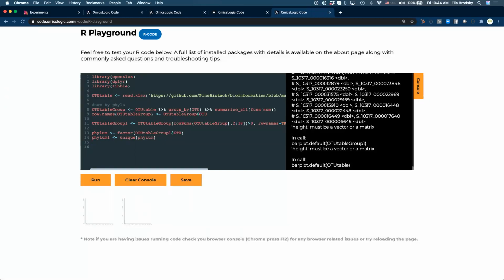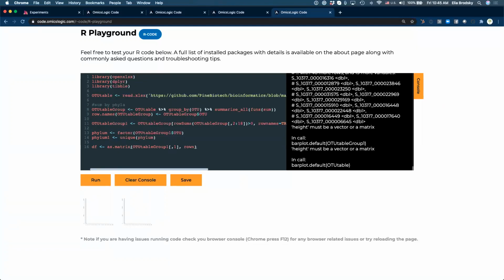For all samples, instead of a table, we need a matrix. So let's call this a data frame, and we'll just call this as matrix. And we need to take OTU table group 1. And we need to remove the first column, which is 1.